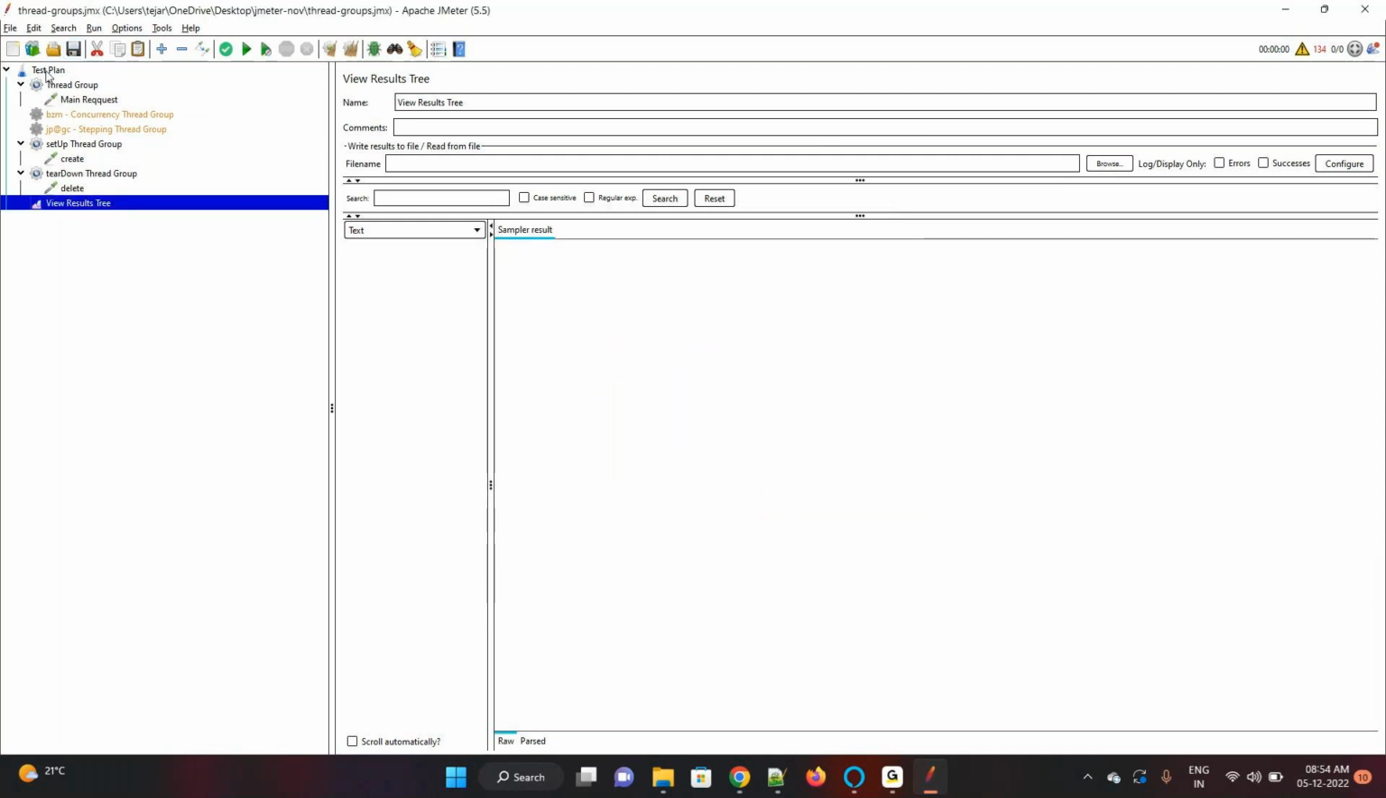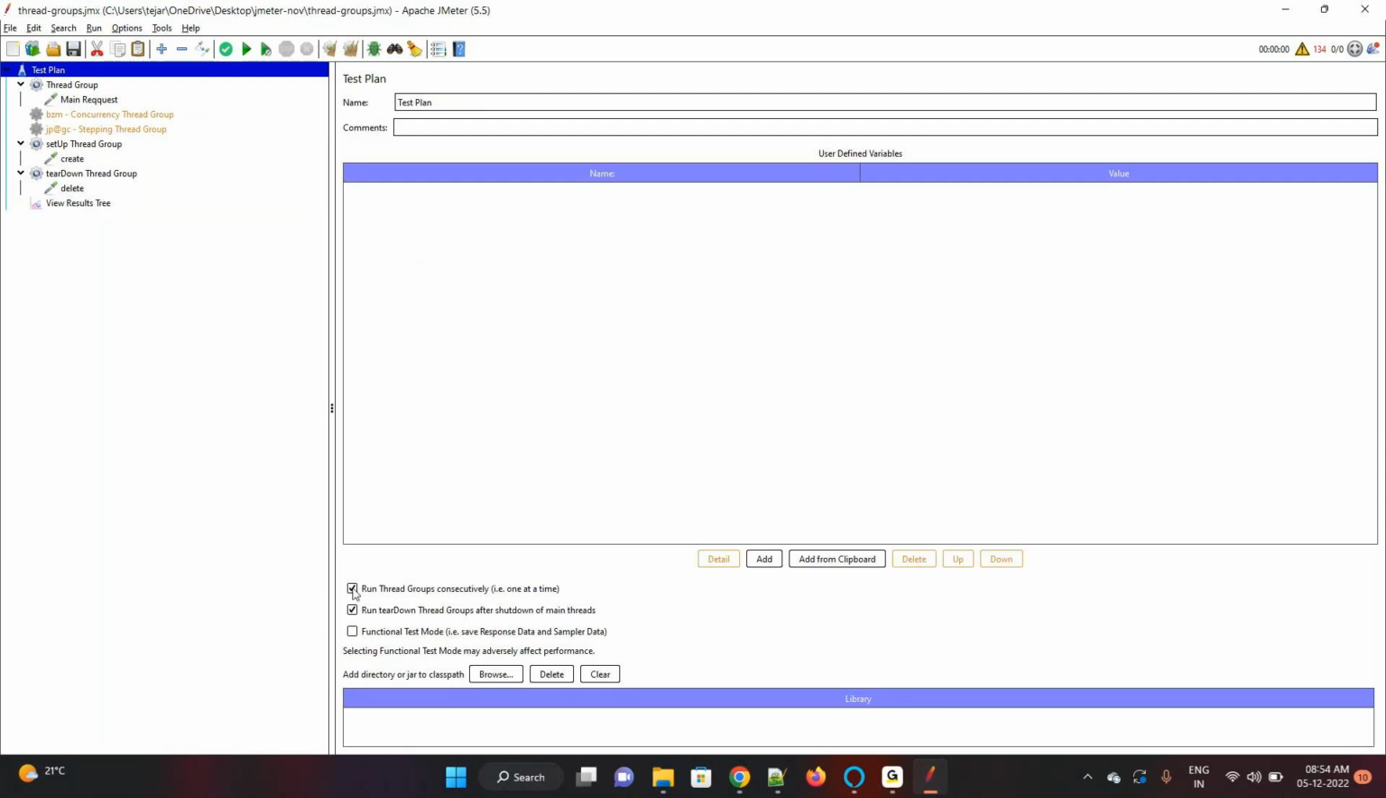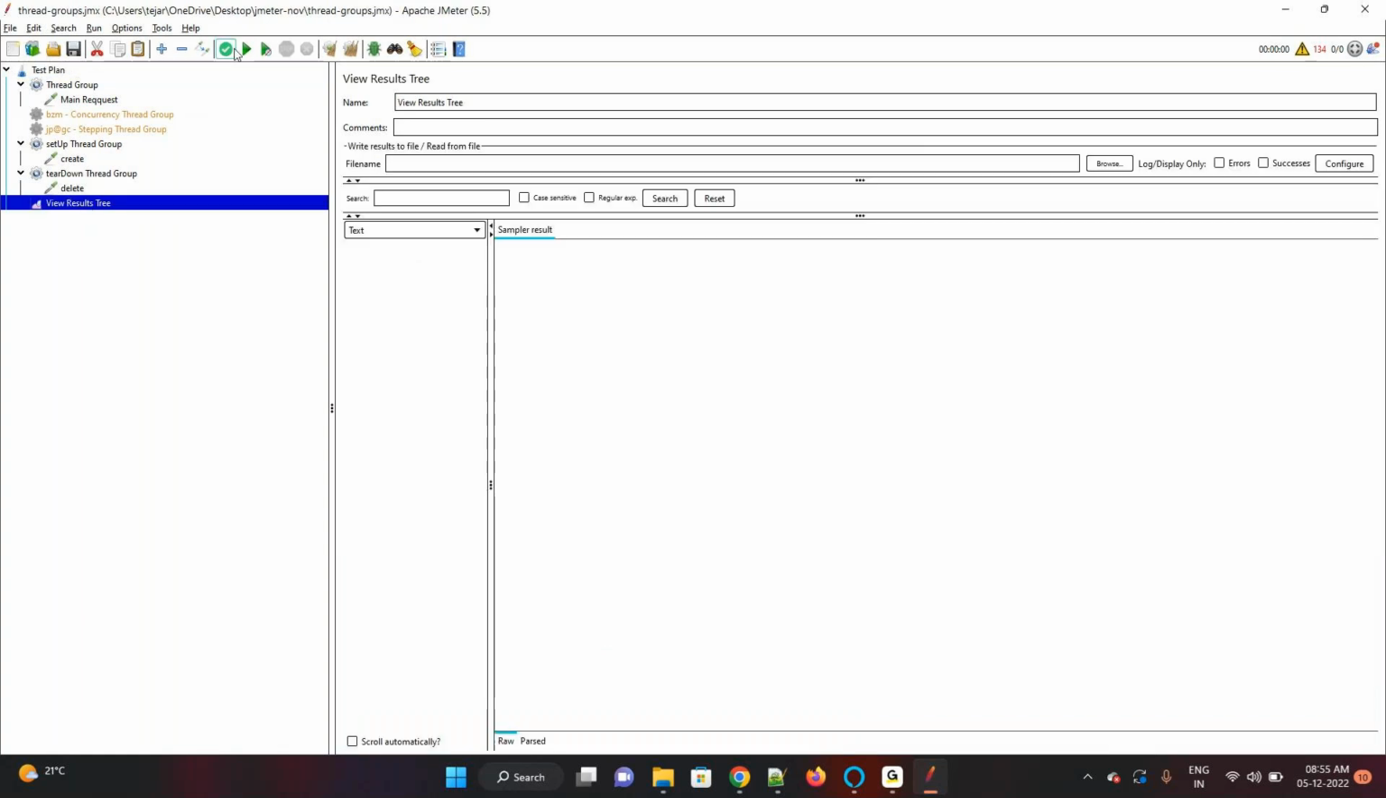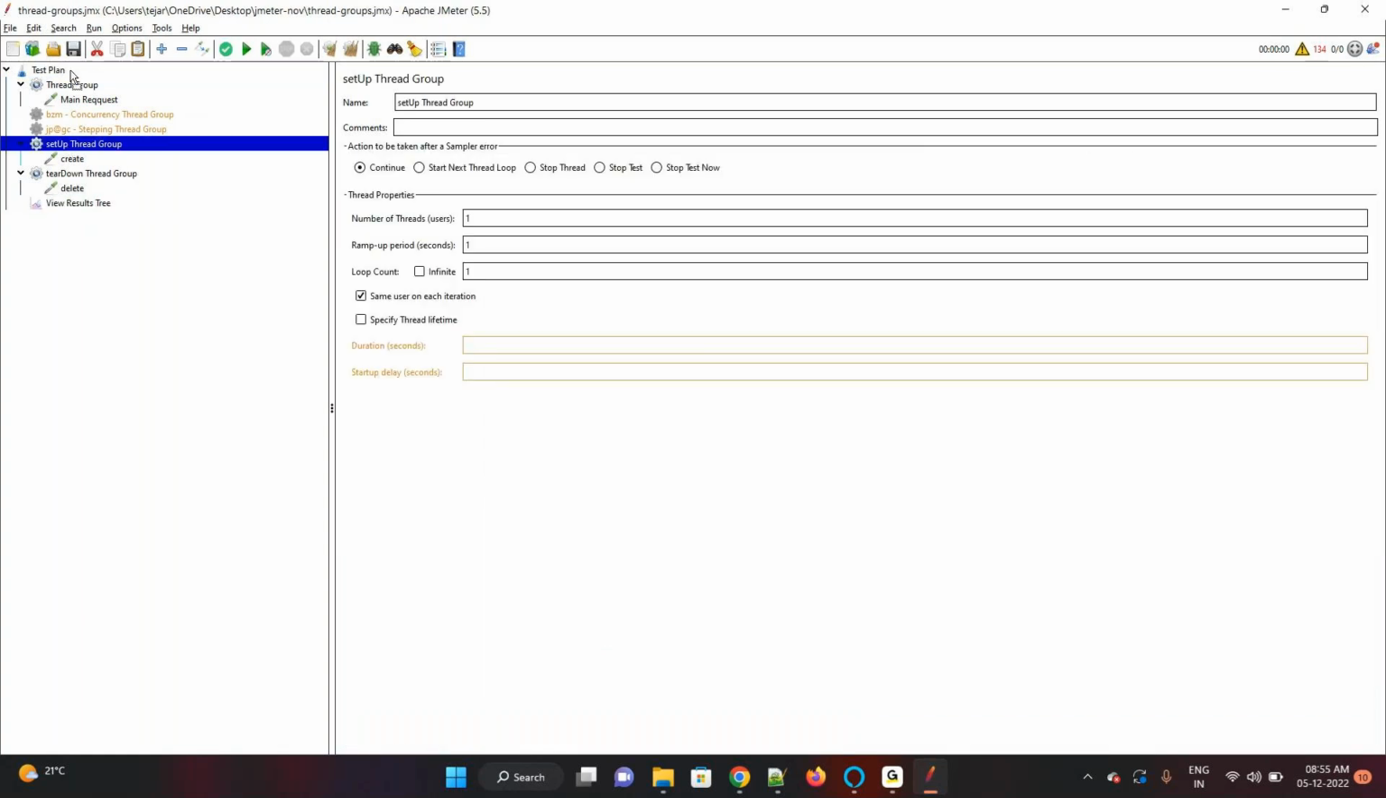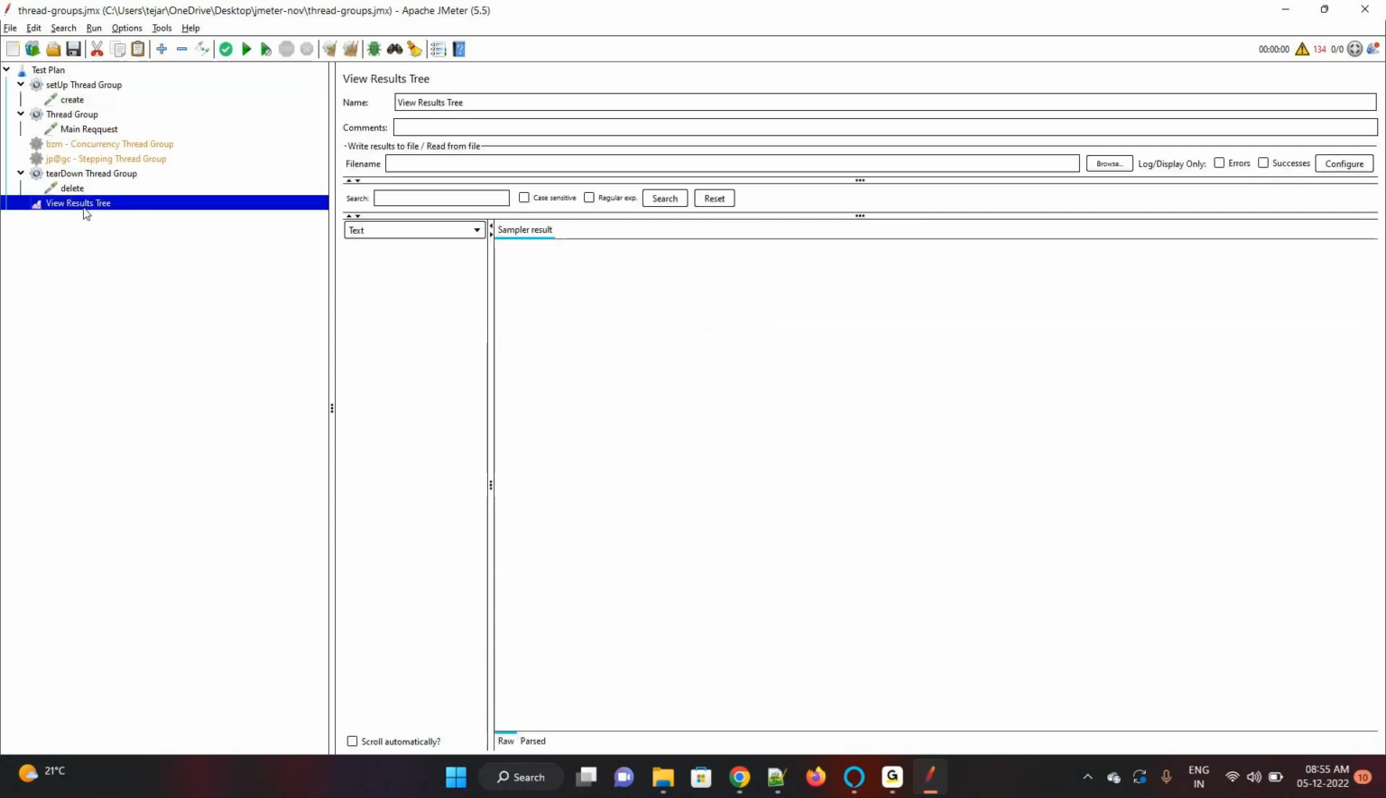Okay. So now I checked this option. What does it mean? I'm asking it to run thread groups consecutively, one at a time. So if I run the script now, let me put setup first, then my main, then delete. So if I run the script now,